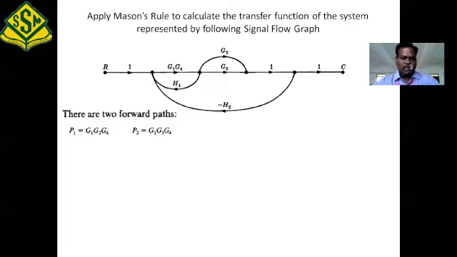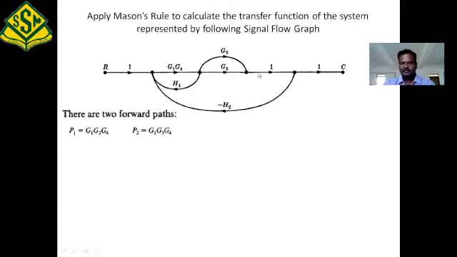So your first step is to find the forward path gain. What is a forward path? A forward path is simply a journey from the input node to the output node. And in what ways can you reach output node C from input node R? In two ways you can reach node C from node R. So look at this way. The first horizontal line, just follow the arrow mark. The horizontal one is your forward path one, P1.